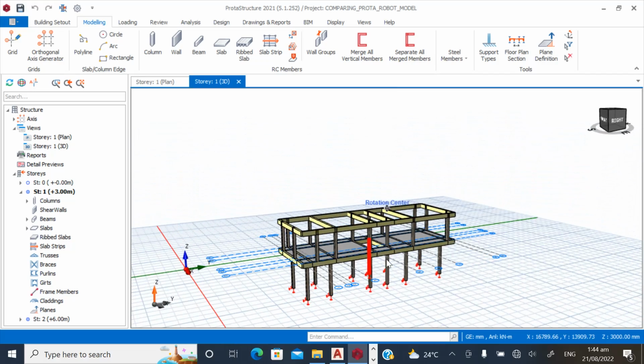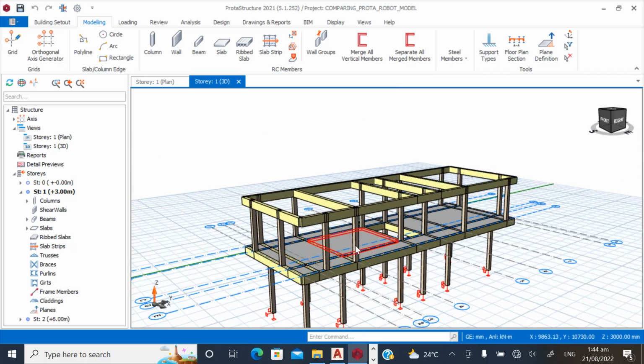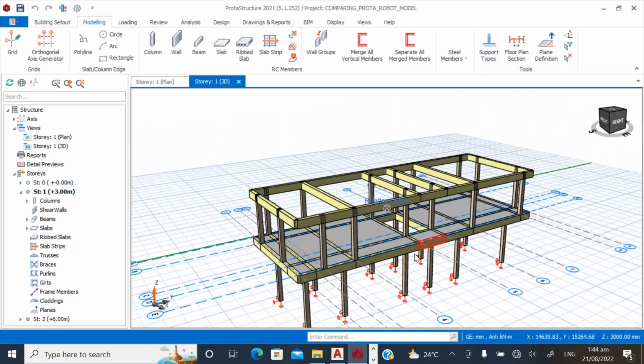So in the next episode, we are going to be loading the structural members and we are going to be